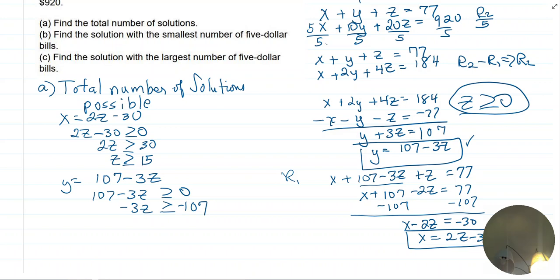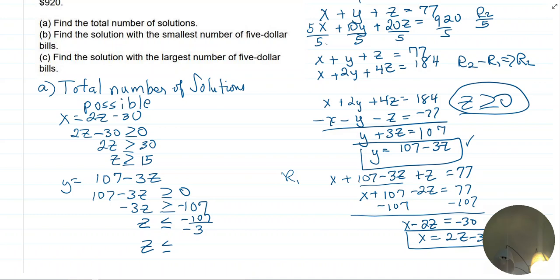If I divide by a negative, it flips the symbol. So I'm going to have negative 107 divided by negative 3, and therefore z has to be less than or equal to